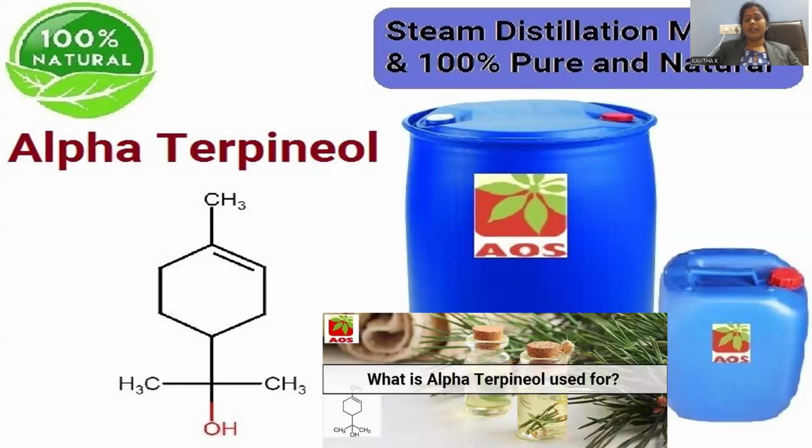It is part of terpenoids, and we can say essential oil, right? So here the session is going to cover from where you are going to extract this alpha terpineol, what the biosynthetic pathway for this one is, and what analytical tools we use to confirm the structural skeleton of alpha terpineol. Later on, can we synthesize the same compound on a laboratory scale? Is this a laboratory viable method for the synthesis? Later on, we will look at in what way we can apply this compound in our daily life. This is the way the content on alpha terpineol is going to be covered.